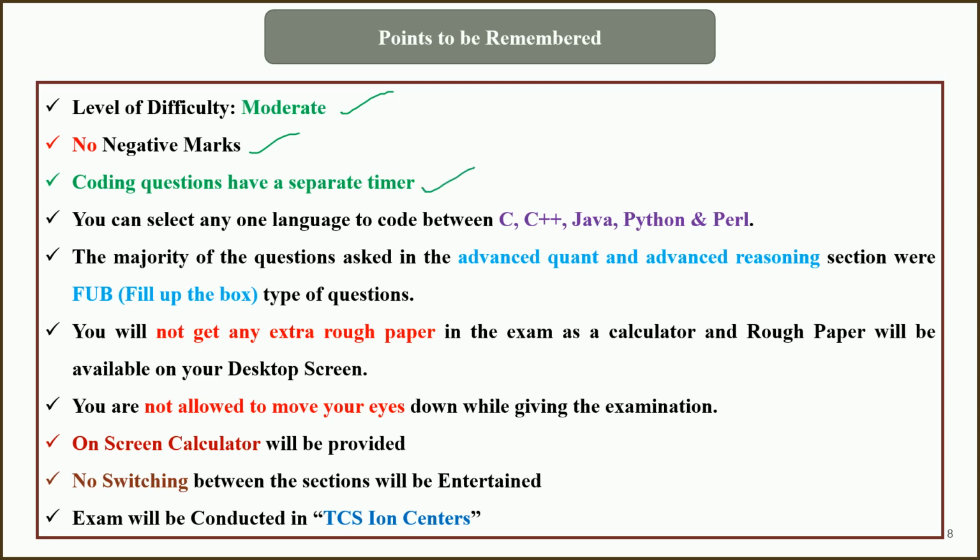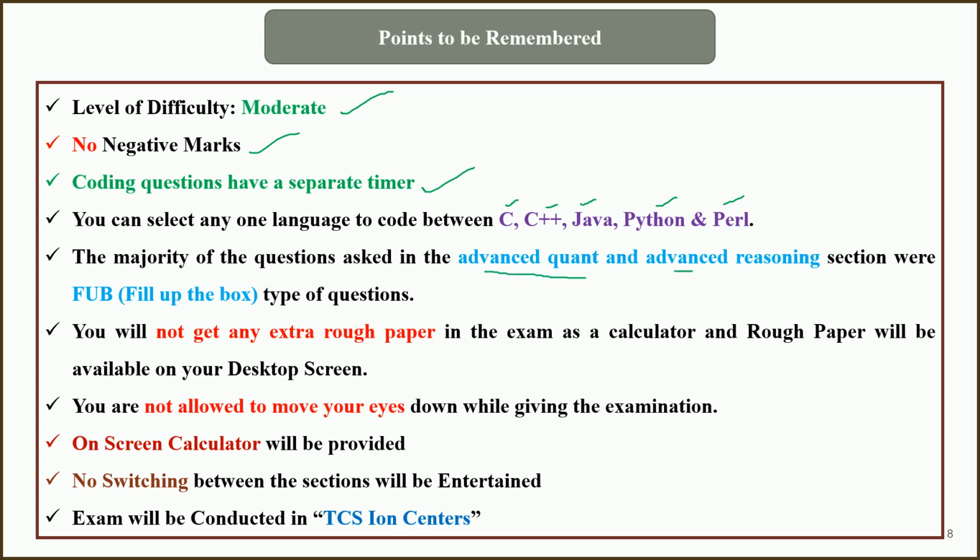Each and every code question consists of a separate timer, and you can select any one coding language. You can write the code in C, C++, Java, Python, Perl. You can use any of the programming languages. And the majority of the questions asked